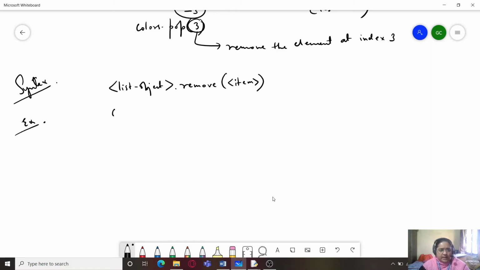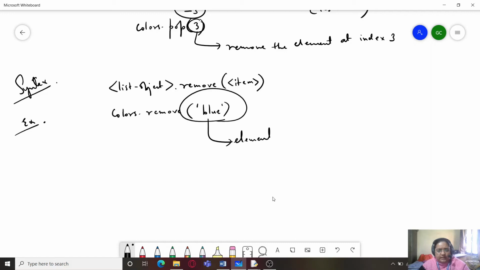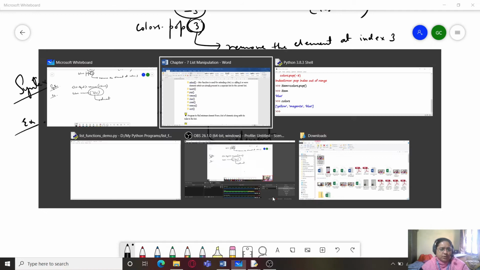We use it in this way. If I write colors dot remove blue, it will remove this element blue from the list. So here it is not an index which we are supplying as an argument, but the element which we want to delete.